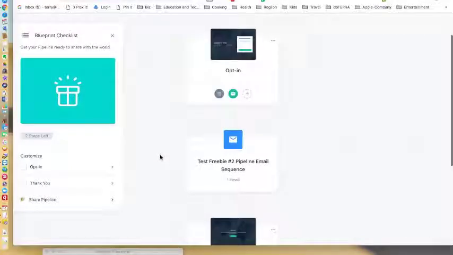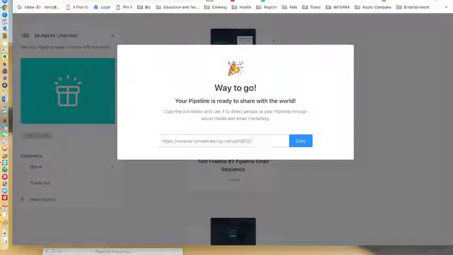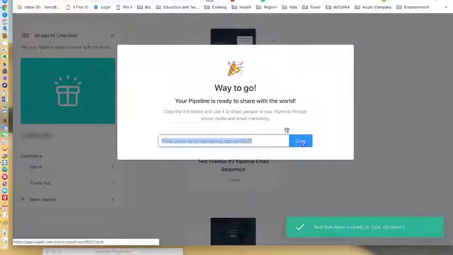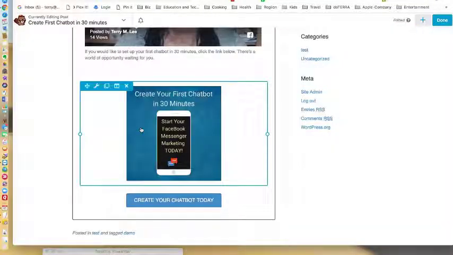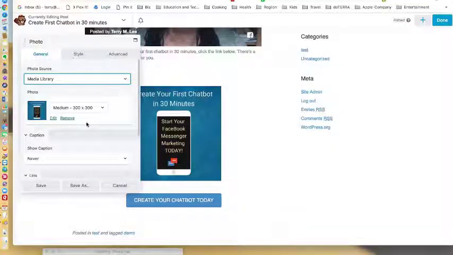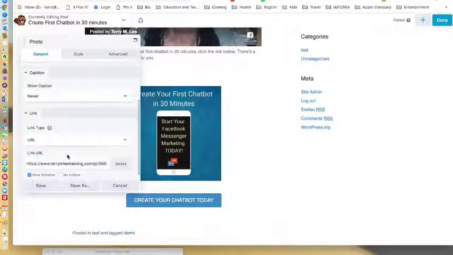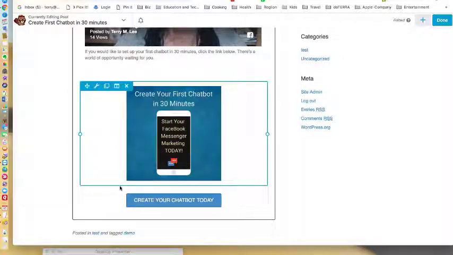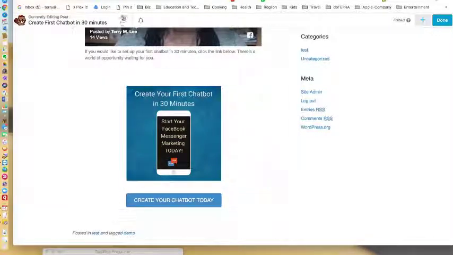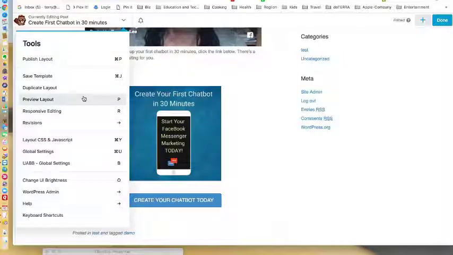So how do I get that link? Well, down here in the bottom left, I could share this pipeline, and I get a URL, and I just simply copy it. Let's go back over here, and then I can click this image, or maybe it was even just a word, and then I can copy it in here. Now I'm not going to copy it in here because I want to show you two different things. So if I go to preview this,